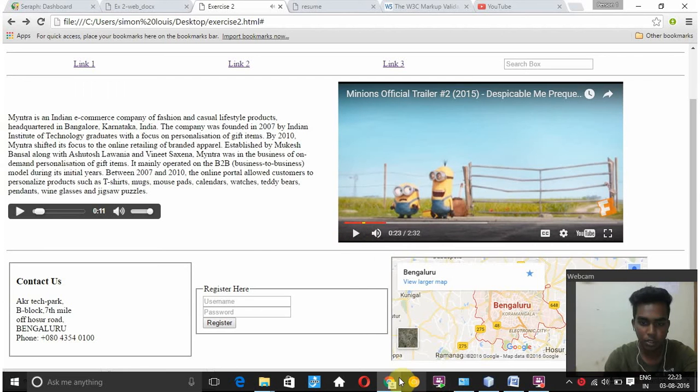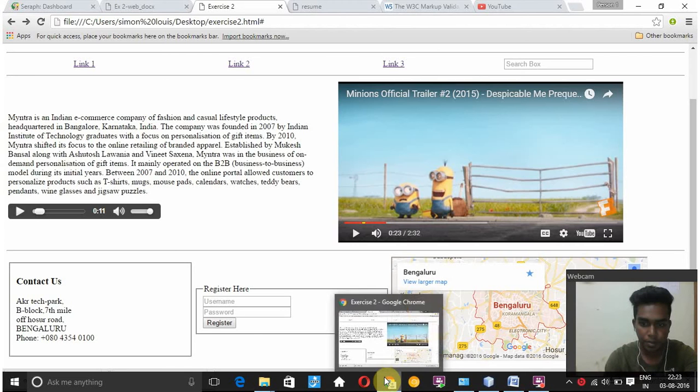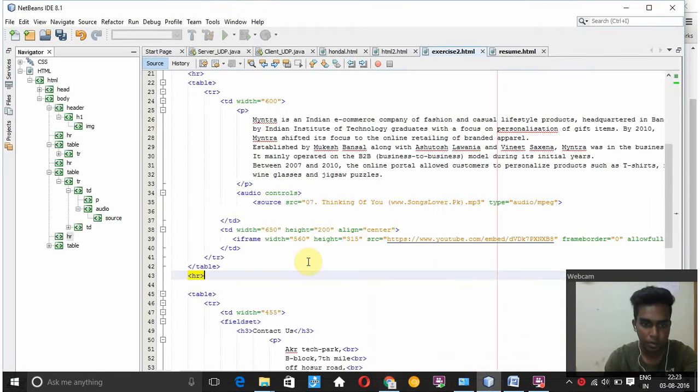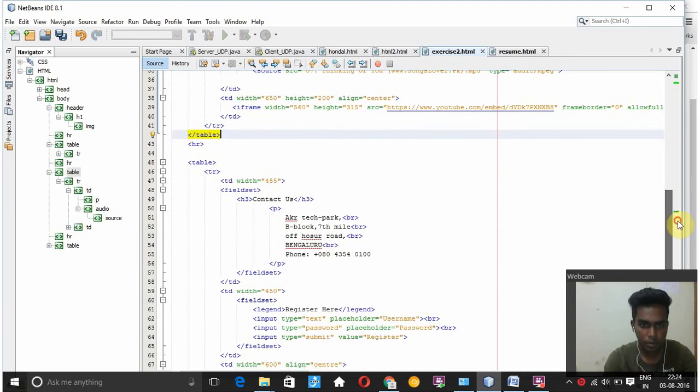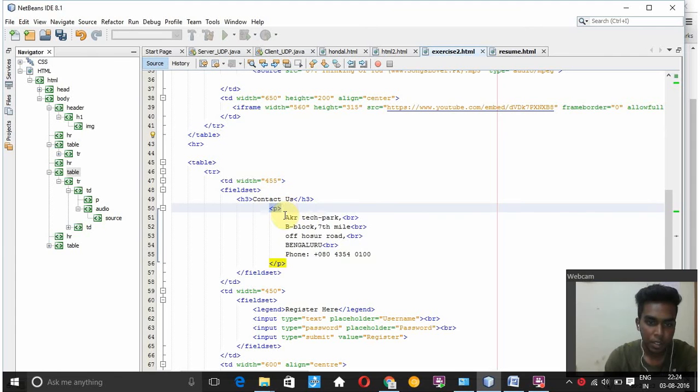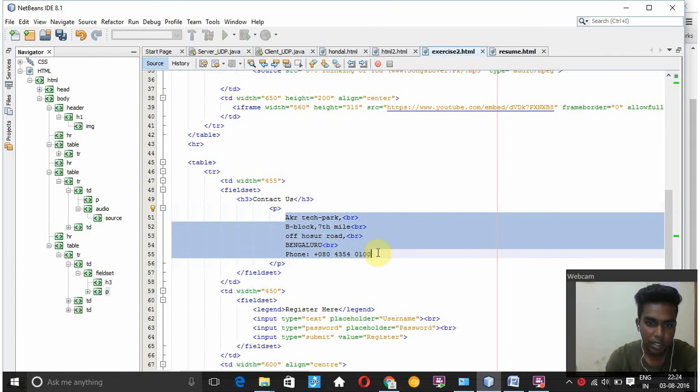So this was the use of the iframe to display the video, an embedded video. And in the next fieldset we have Contact Us, followed by the paragraph tag, which displays the contact address separately,